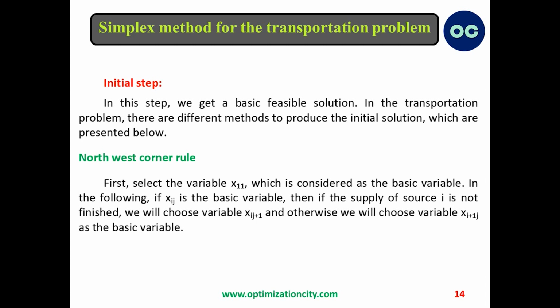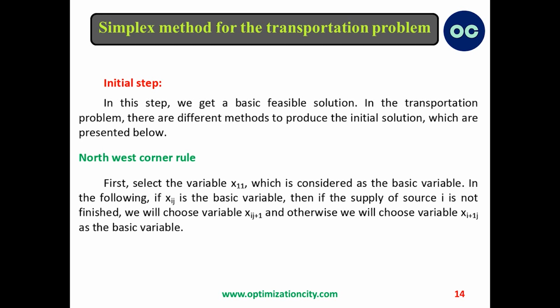Let's discuss one of these methods here. This is the northwest corner rule. The northwest corner rule is a method used to generate the initial feasible solution for the transportation problem. It's based on a simple principle. Starting from the top left corner, the northwest corner of the transportation matrix, we allocate shipment in